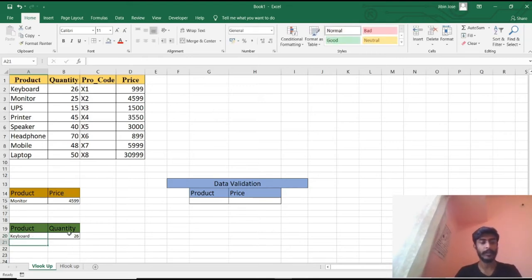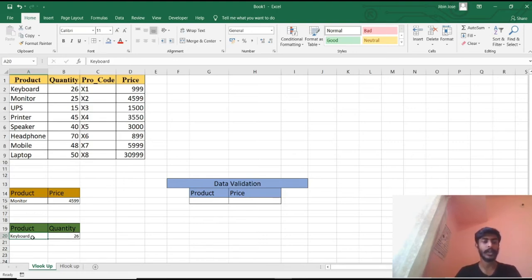So what you have to keep in mind is when you type this and this, the spelling should not change. If it changes, there are chances the answer will show not available, just because it won't be able to determine the answer. So make sure that the spelling used is correct.